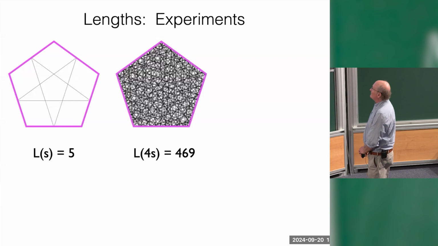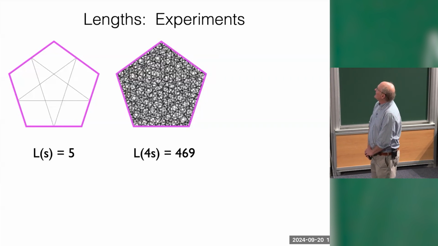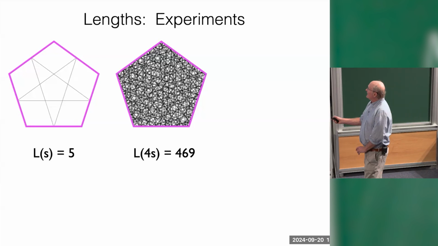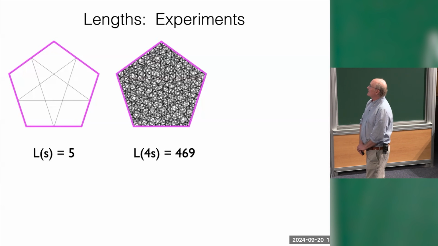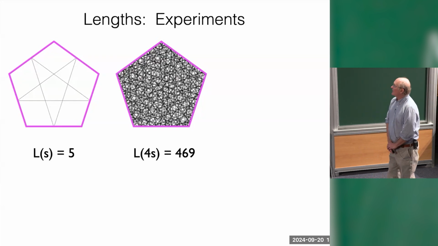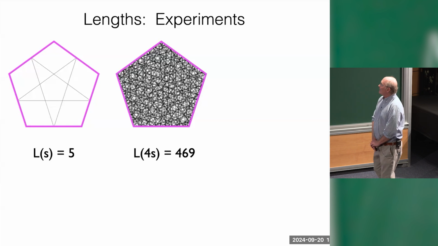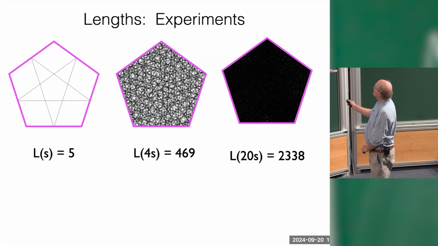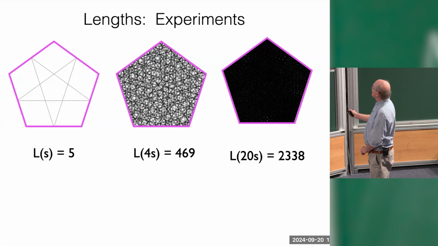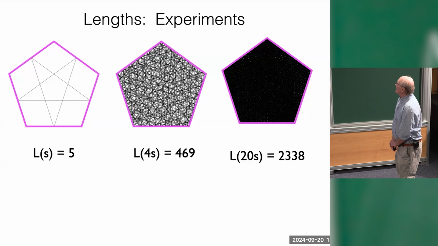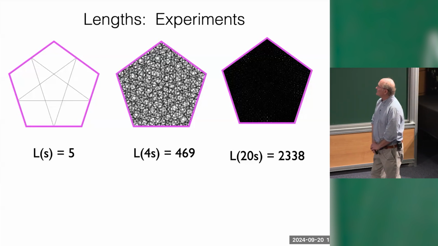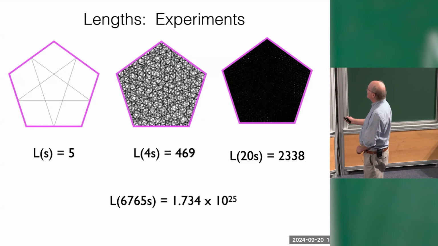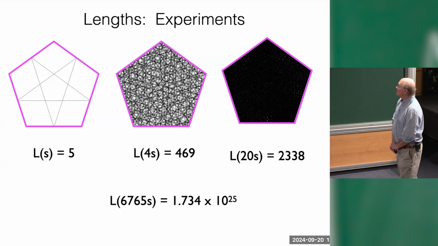So you change the slope a little bit. I tried just multiplying it by 4, and it stayed periodic. But the length of the trajectory went up quite a bit. It takes 469 bounces before the path comes back to where it starts. And if you multiply by a well-chosen larger integer, let's first start with 20, the trajectory looks almost dense. It's almost completely black here. It takes more than 2,000 reflections off the sides before it returns to where it started. And I won't draw the picture for 6, 7, 6, 5 times S, because it looks exactly the same. But it takes about 10 to the 25 bounces before it returns.